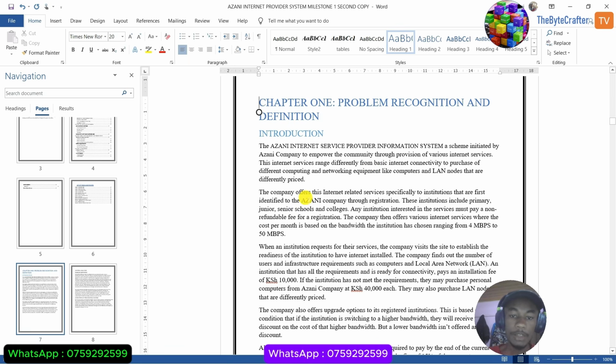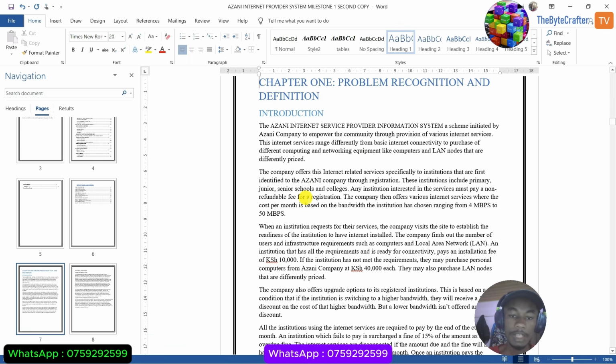And then you further say that the company offers internet related services specifically to institutions that are first registered in AZANI company, and as you know, when you register, you make a fee payment of 8,500, and then the company also offers various